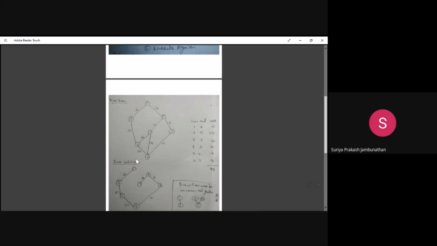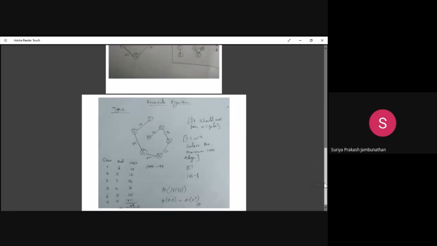So our graph for Kruskal's algorithm will come like this, the same as Prim's algorithm, but the methodology is totally different. For Prim's, we connected from the current node to the next position, but in Kruskal's, we identify the least weight among the entire graph, and we avoid forming a cycle. According to this, the solution is 1 to 6, 6 to 5, 5 to 4, 4 to 3, 3 to 2, and 2 to 7.